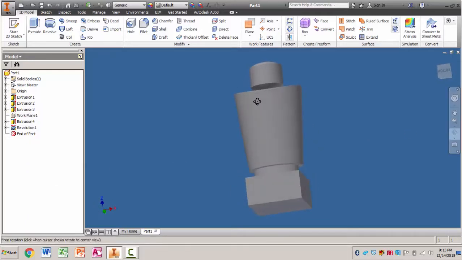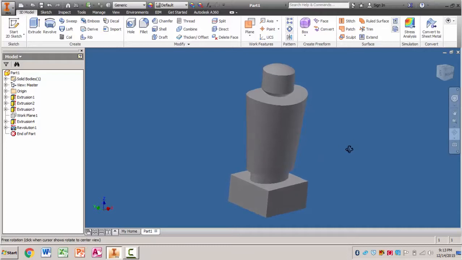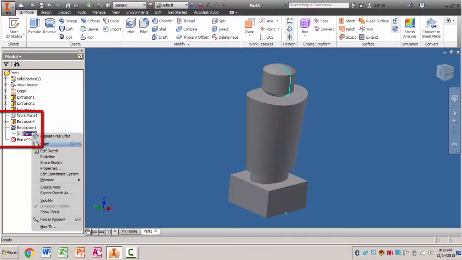So if I look at my guy, it looks not too bad, but what I am noticing is that my head looks a little bit short, which is okay because this is a good opportunity for me to show you how to go back in and change it, because you are probably going to get a head that looks terrible the first time you do it. So I'm going to open the plus next to Revolution 1, which is my head. I'm going to edit my sketch,